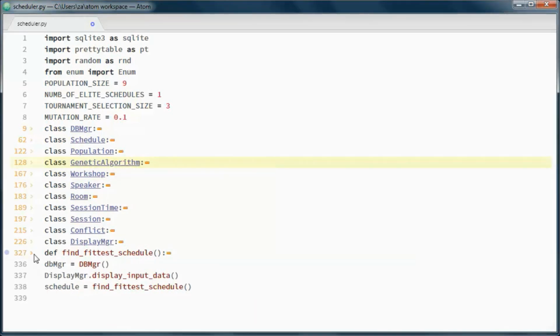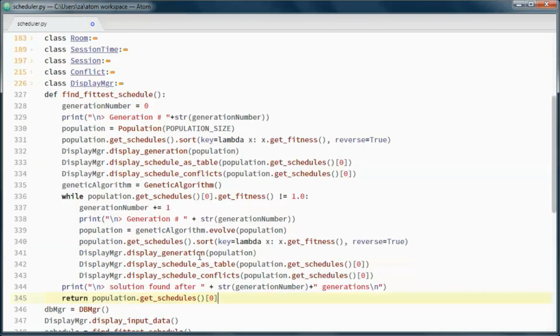And let's update this function. So now we're evolving the population using the genetic algorithm until we find a schedule in a population with a fitness of 1. So no conflicts.